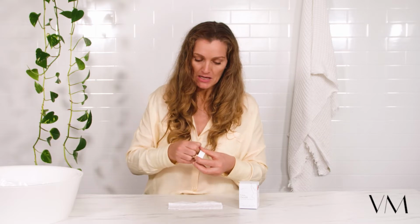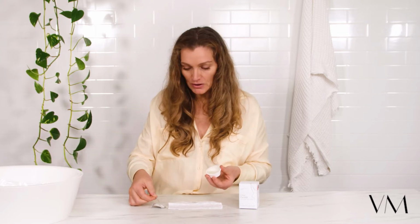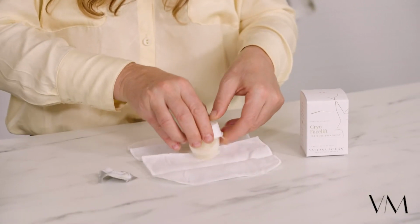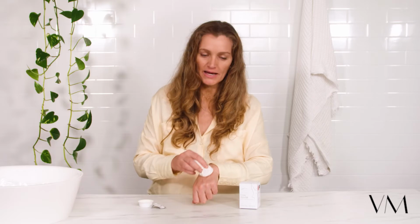Applying an ice cube treatment improves circulation. Now, this is a frozen one that I have had in the freezer. And as it improves that circulation, it immediately speeds up functional recovery. You know, those processes of your skin need that. You get a little muslin cloth in your pack and you just pop it into the muslin cloth after you exfoliate your skin. Applying an ice cube treatment improves circulation and immediately helps speed up functional recovery processes of your